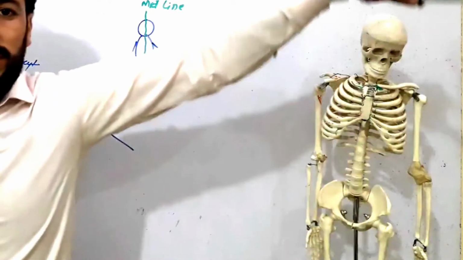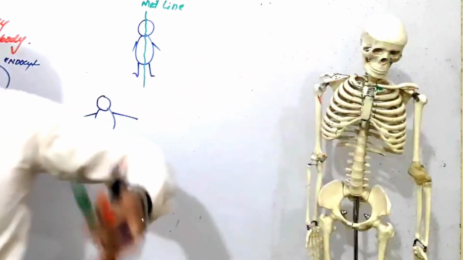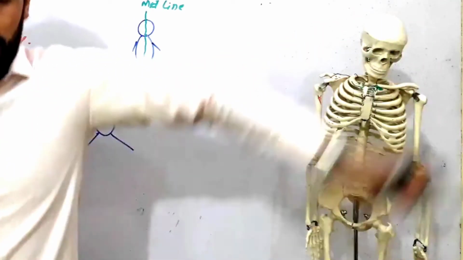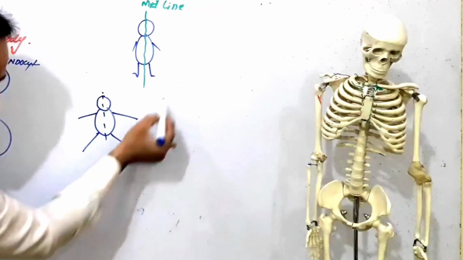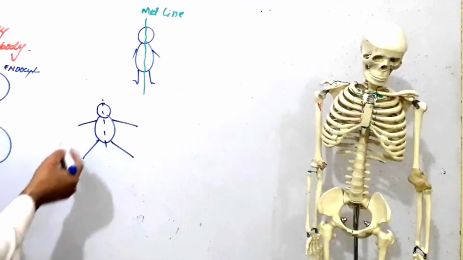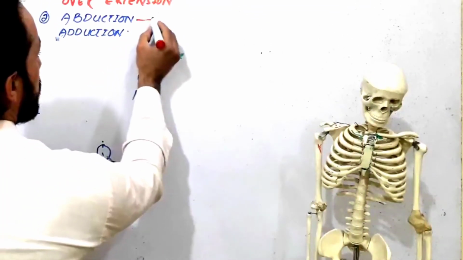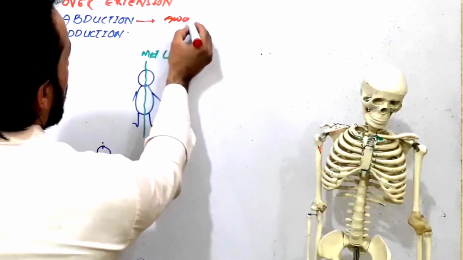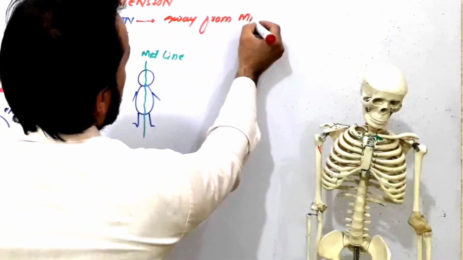He stands like this. This is called abduction, right? So look, he is going away from midline. So this was his midline and he went away from midline. This is called abduction. So abduction means away from midline,